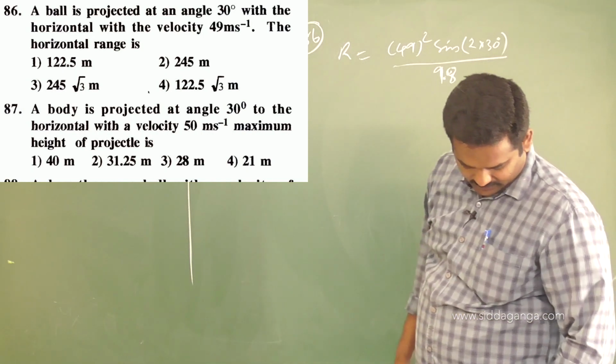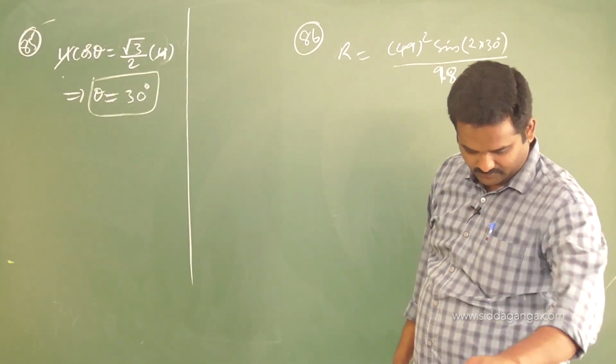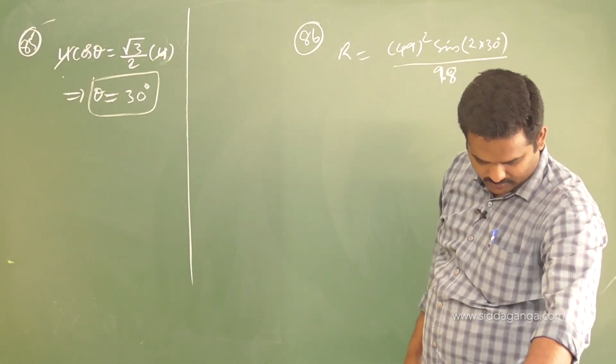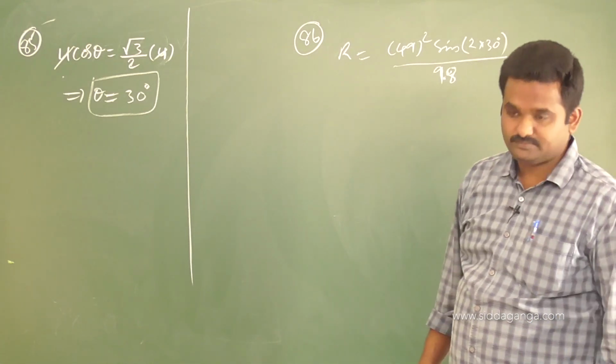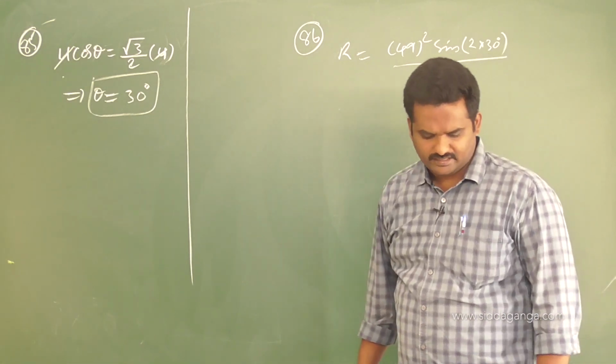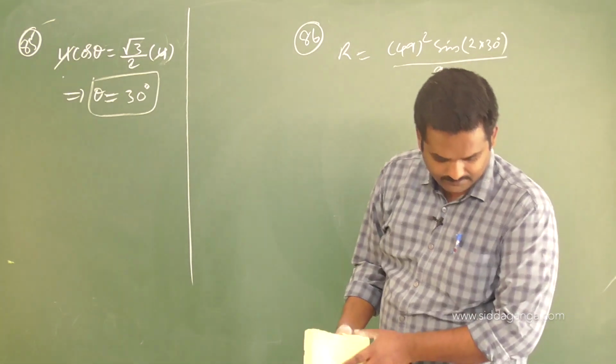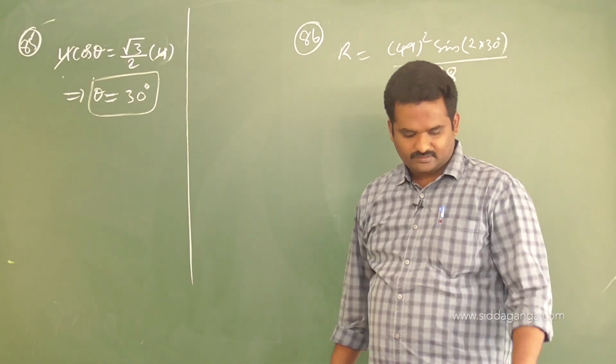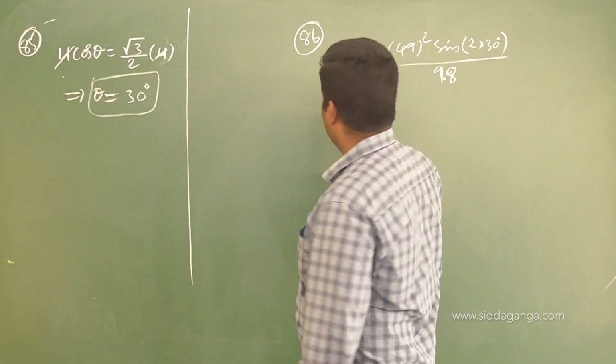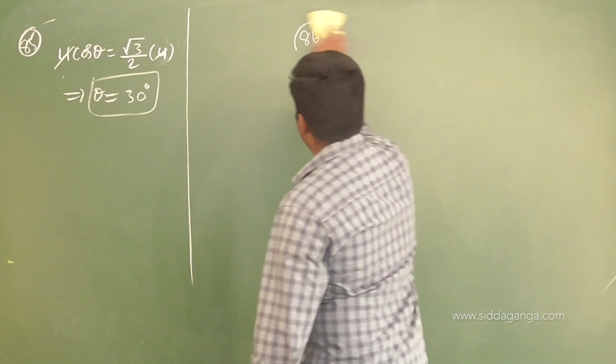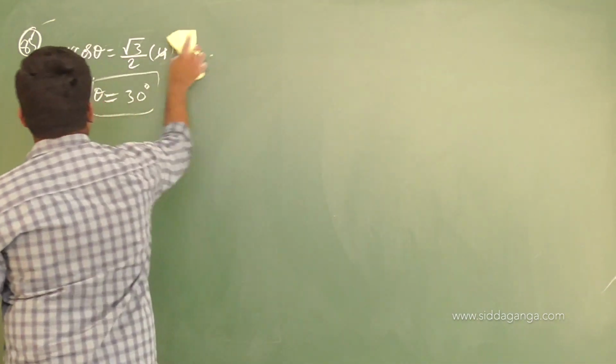Next, I think 87, 88, all these are of the same kind. I just want you to do some problems on horizontal projectile motion. Go on to problem number 97 first, and the rest are all simple. Once again, go through them. If you have any doubts, I'll come back and we will see later.